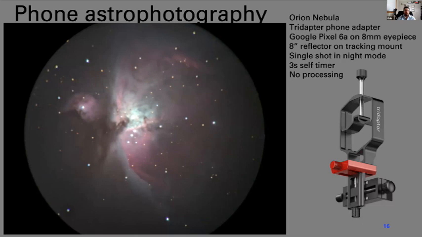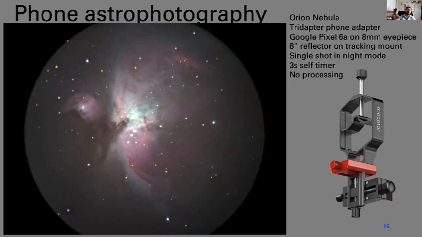And one of the advantages of using your cell phone, if it has night mode, is that in night mode your phone automatically takes a couple of short exposures and stacks them. So even if the tracking on your telescope or your mount is not very good, it will automatically compensate for that. Now, at least on the Google Pixel 6a, it takes a total of 4 minutes of exposures, and each of the sub-exposures is usually 15 seconds. And then it combines all of those short 15-second exposures into one long 4-minute exposure. So it's basically the same thing that we manually do, but it just does that automatically.